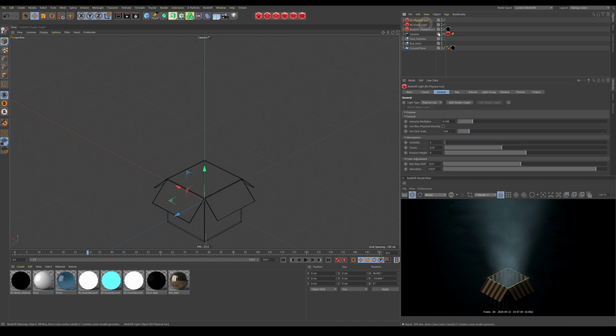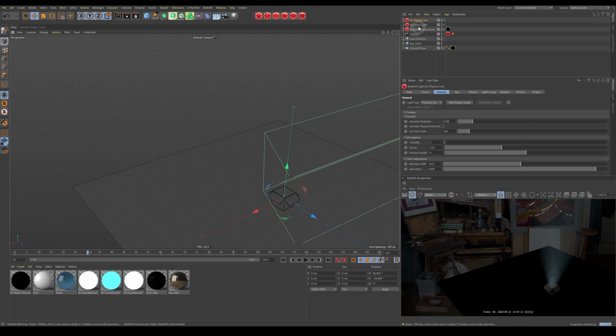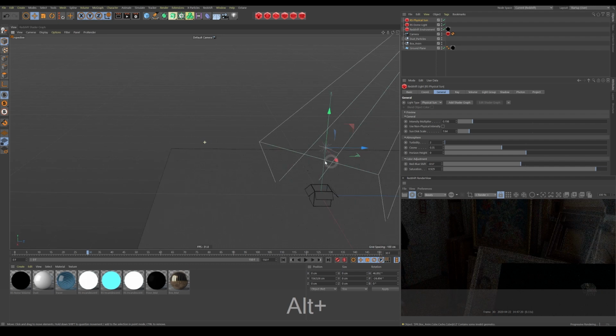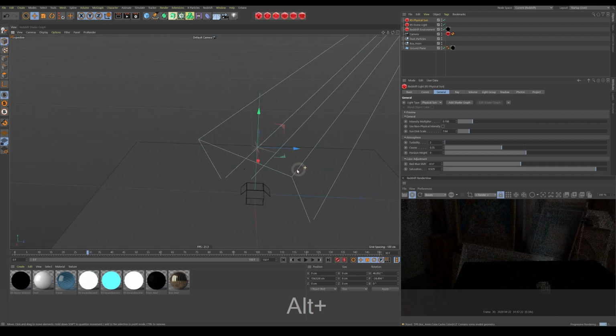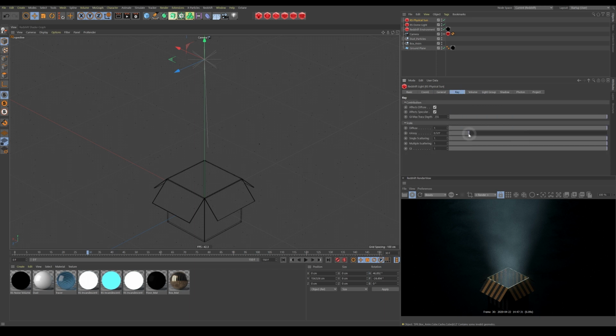And then I've got a physical sun, which is pointing opposite towards the camera. So if I come out of this view here and we see the camera's going this way, and we take a look at our physical sun, if I just move it up, you can see it's pointing at sort of 45 degrees towards the ground, facing the camera. And that's what's giving us this reflection at the back here, this specular illumination on the floor. I've increased the sun scale a bit just to blur the shadows out, and I've reduced the intensity down a lot. The other thing I've changed is on Ray, I've reduced its glossy, because if it's at full,